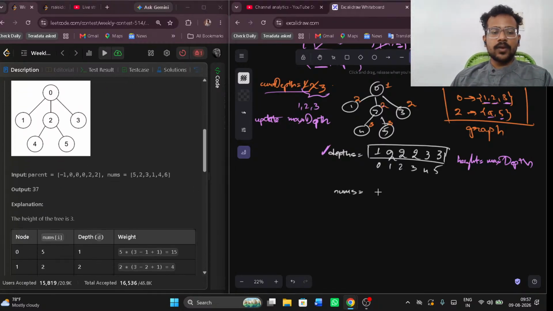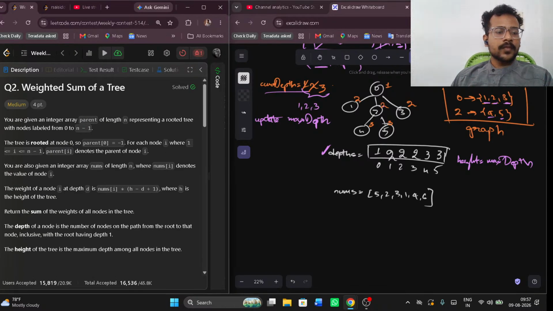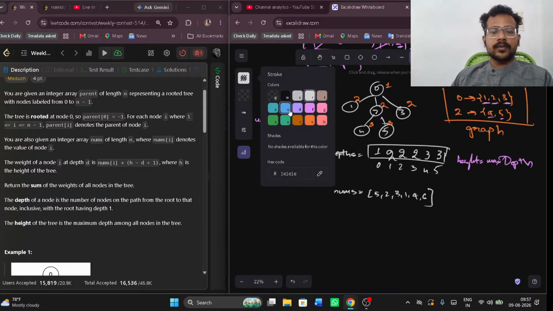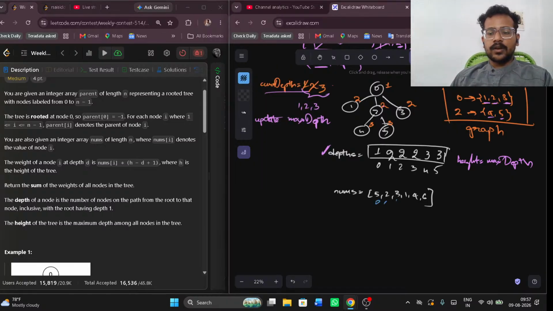Nums is equal to 5, 2, 3, 1, 4, 6. Now I have 0, 1, 2, 3, 4, 5. These are the nodes, right? So the weight of a node I at depth D is nums of I into